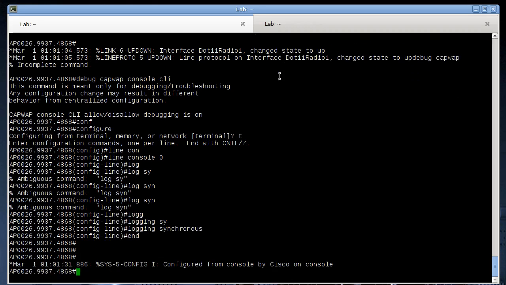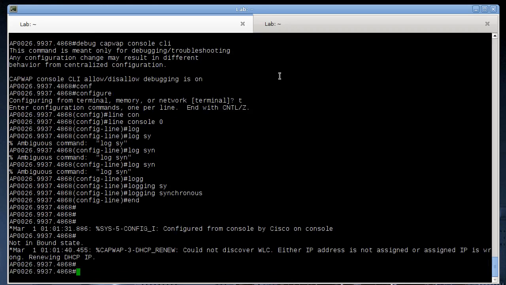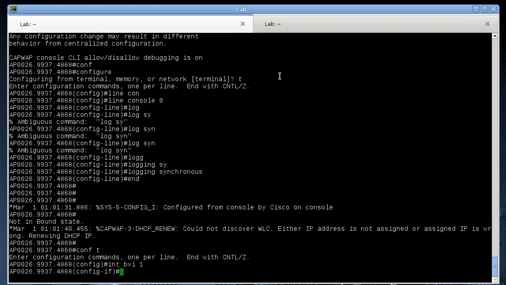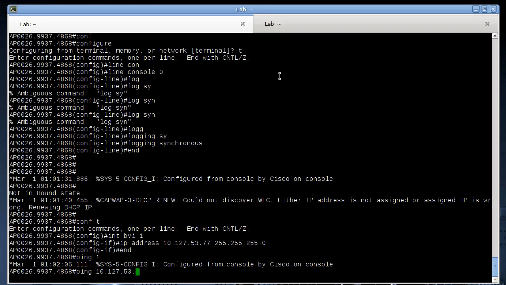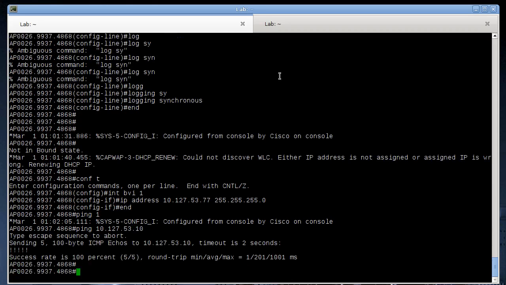The trick seems to be you need to give it an IP address that's on your subnet, but you need to prevent it from constantly resetting back to DHCP. So first you give it an IP address. And this is already bridged into the gigabit Ethernet port also. And you can see we can ping through. But if you attempt to copy the file over,